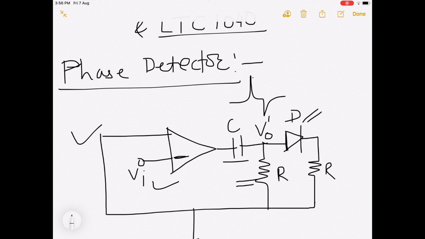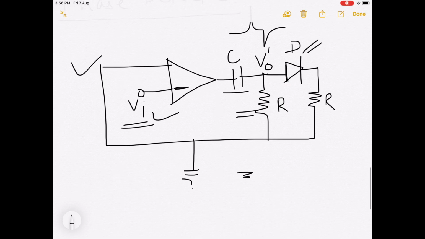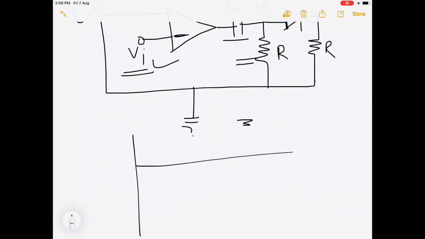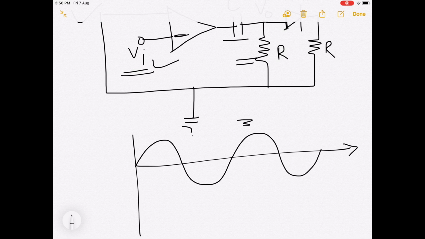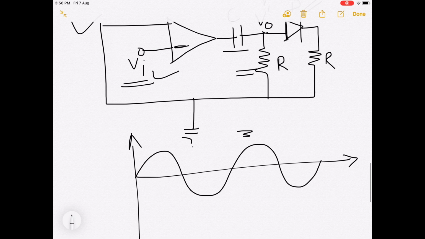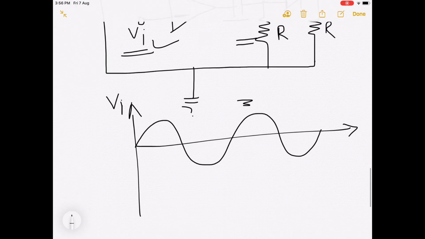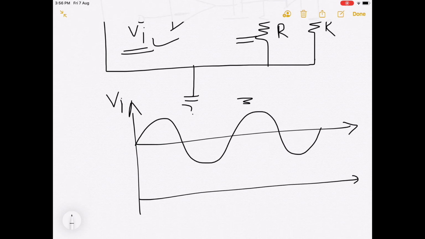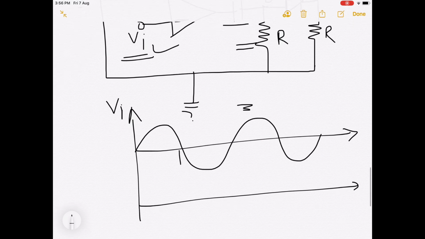Now, the frequency of the sinusoidal signal Vi determines the pulse spacing interval T and the frequency of time marking. So in the waveform, your sine wave is like this. This is Vi. Then the output changes when the zero crossing level changes. So these are your zero crossing levels.